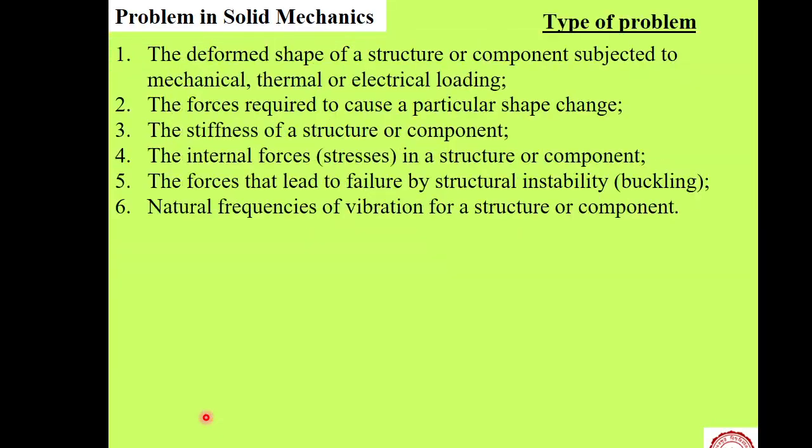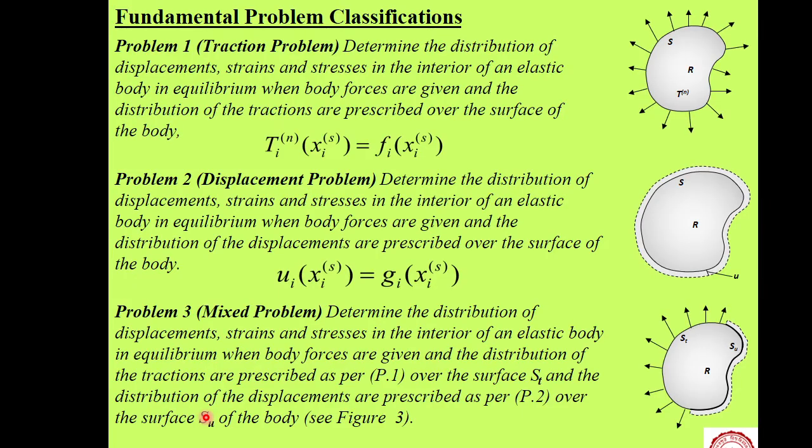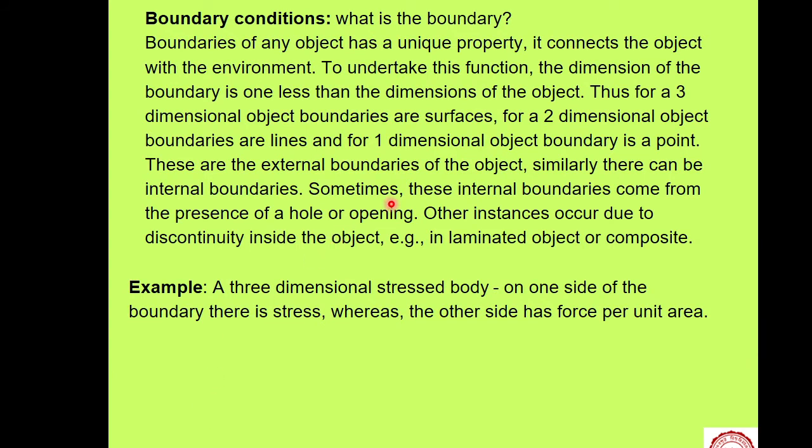Okay, now we were discussing about boundary conditions, right? So what is boundary? We have already discussed in our preliminary lectures, right? You know that this is an interface between the object under study and the environment. Okay. So there are some features. For a 3D object, the boundary is in 2D. For a 2D object, the boundary is 1D. For example, for a general 3D problem, say sphere, ellipsoid, there is a surface which is the boundary.